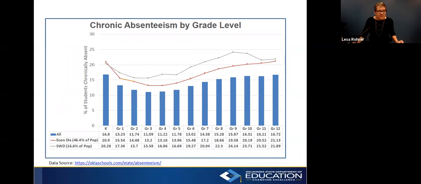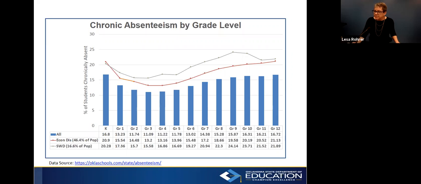When we break this down by grade level, look at these trends. What we notice is that students in kindergarten have a higher rate of chronic absenteeism than students in other grades. Did you know that this higher rate of chronic absenteeism can lead to a lack of being able to read by grade 3? In grade 6, we see an uptick. Students in grade 6 are less likely to graduate if they're chronically absent.